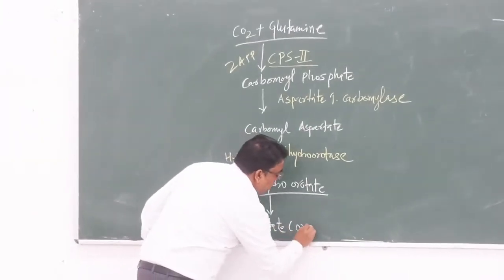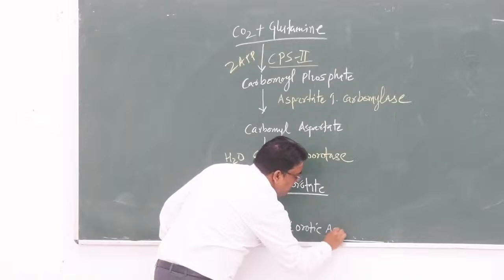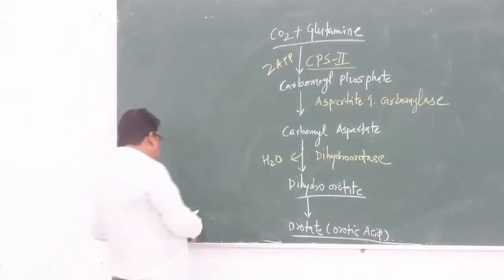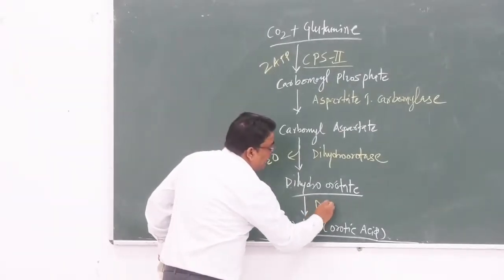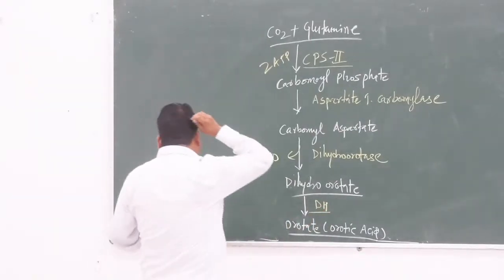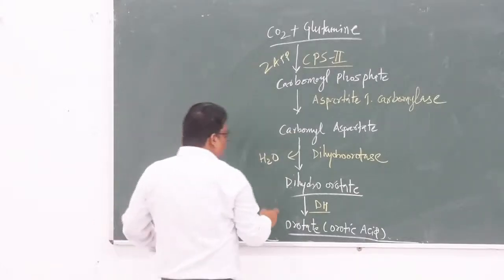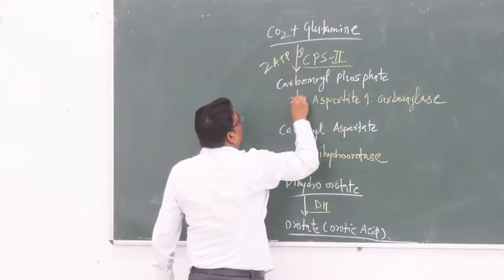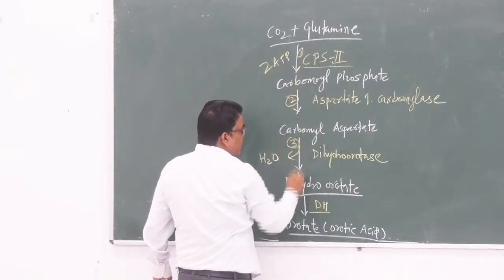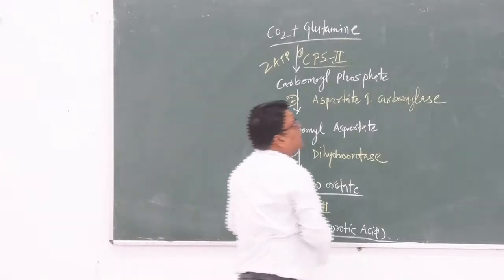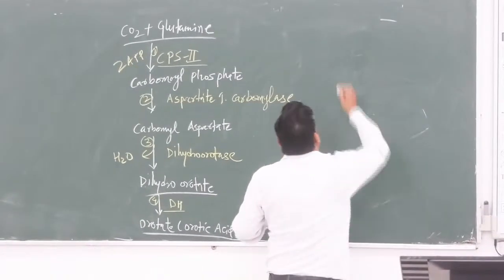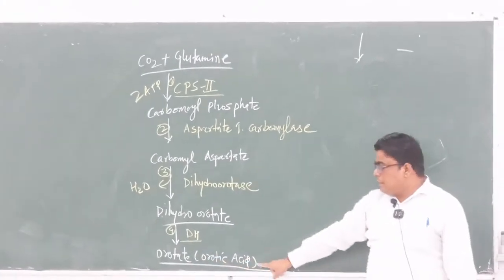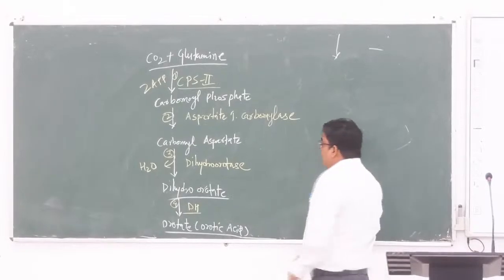Orotic acid. With the help of dihydroorotate dehydrogenase, orotic acid is formed. After orotic acid is formed,